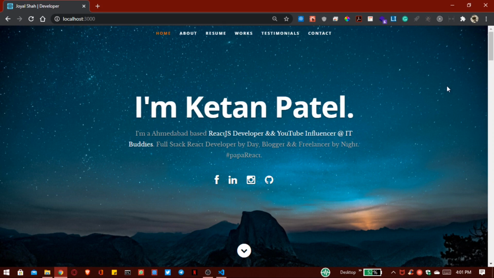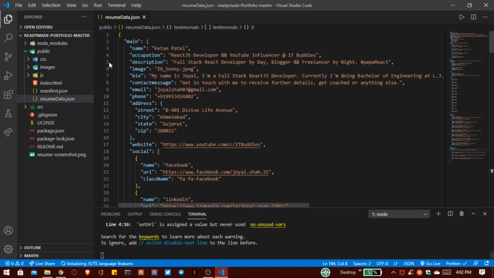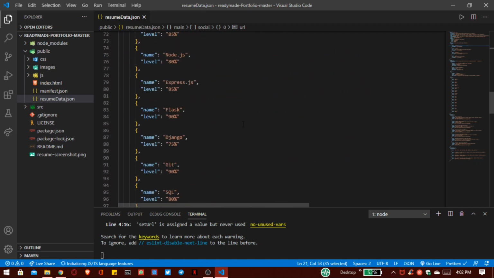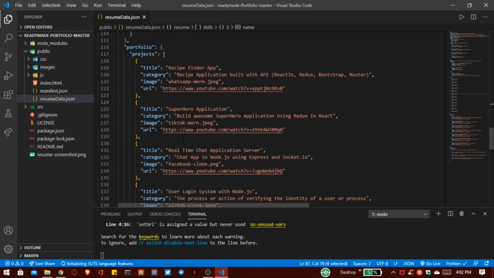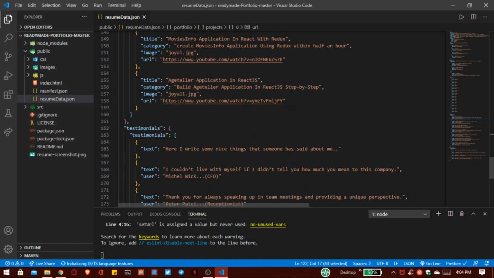Now, same like this name, you have to write your own details instead of mine inside this resume data.json file. You have to change all of these: contact message, bio, your website, your Facebook URL, your skills, your projects. Instead of my YouTube URL, you have to write here your own website link. You have to change all of these. After all of these changes, you only have to save this file,